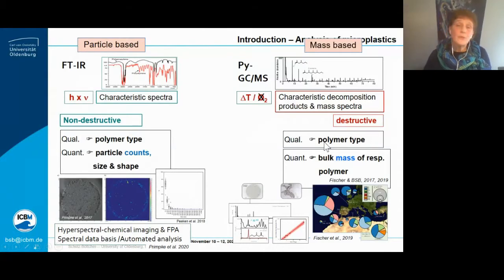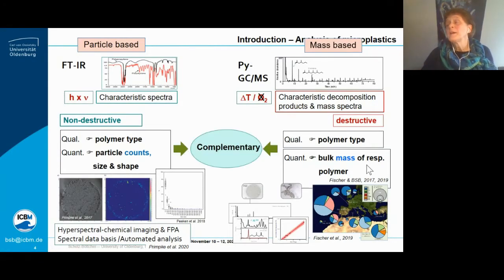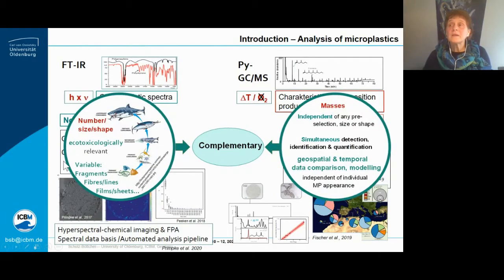We get answers about the polymer type, and now we get bulk masses of respective polymers that enable a lot of approaches. The methods, as already pointed out, are highly complementary and both necessary because numbers tell a lot about toxicological relevances and give information included in these studies, and masses, on the other hand, give the opportunity to